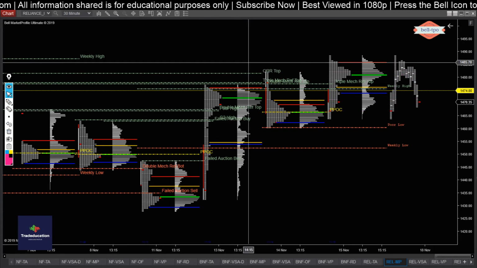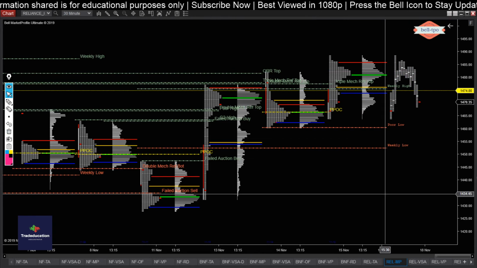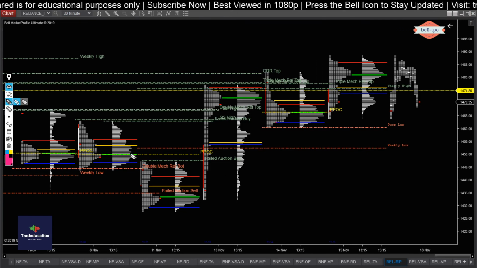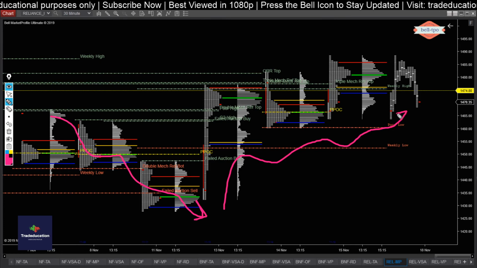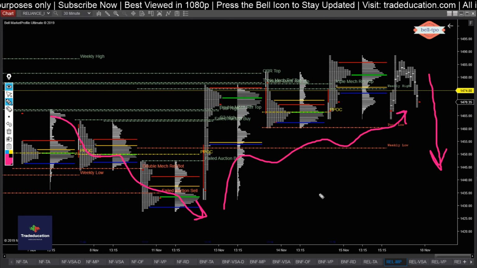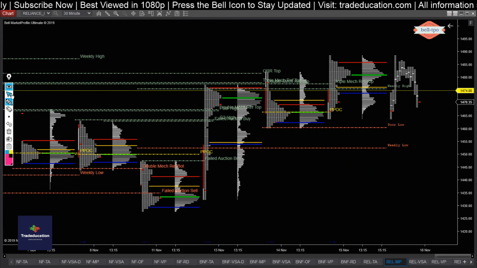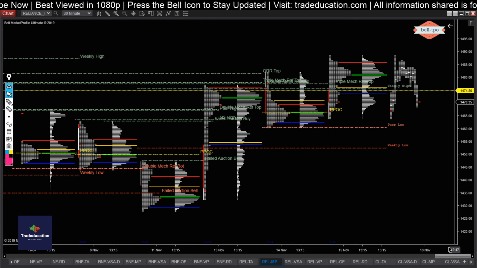More of a balancing thing is currently happening in Reliance, and I'm not seeing any wild moves. Overall, previously the inventory was short, and now the inventory is long. So again we'll be seeing some sort of inventory adjustment break, and then the market will again start into balancing mode. This is what I'm expecting or anticipating in Reliance.